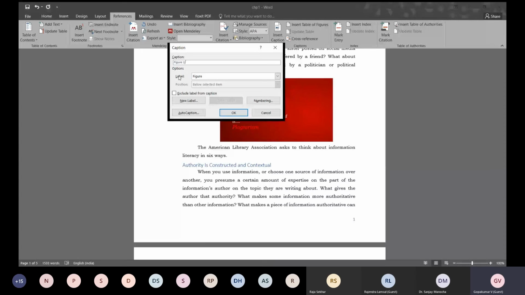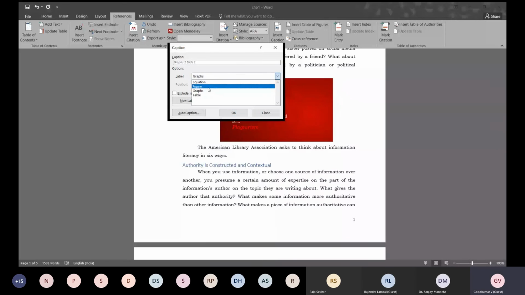So here it's a figure only. You can give the name of the figure, that is, slide 1. And if you want to create a new label, for example if you wanted to have graphs, click here, put it as GRAPHS, and click OK. You can see that a new label has been created. Anyway, we don't want that.